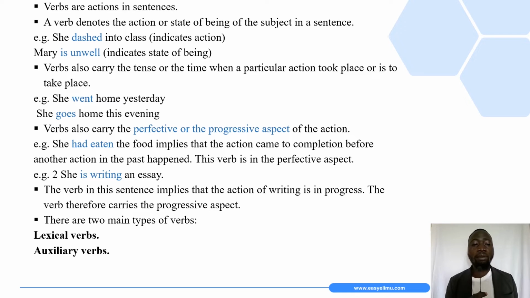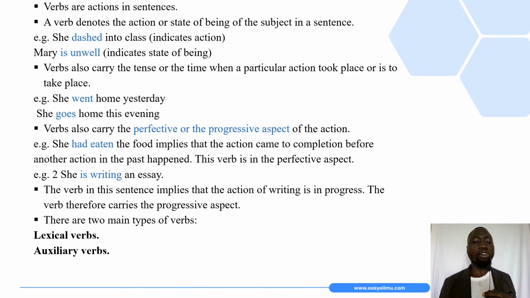Then the second example, she goes home this evening. So in the first example, the highlighted word there is went, so that is our verb. Then in the second sentence, the highlighted word is goes. So the two verbs talk about different tenses. The first is talking about something that happened in the past. Then the goes talks about